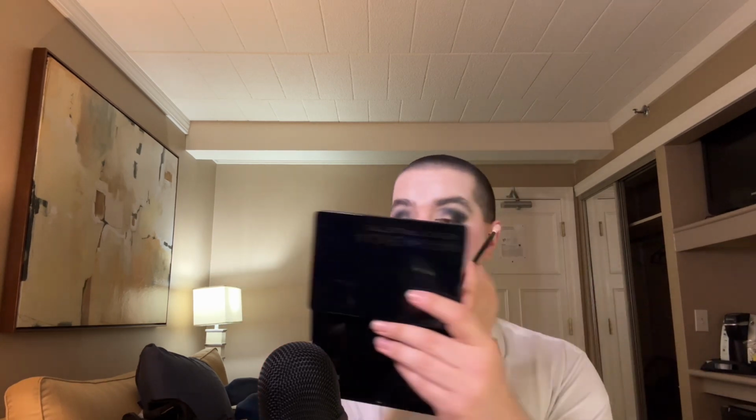So the goal for this look is I want to do just kind of a sort of a smoky eye. I'm gonna take a nice dark shade all over my lid. This one here called Cygnus. I think it's supposed to be a shimmery black, although I have seen some other people use it and say that it's a little bit more of a kind of a grayish